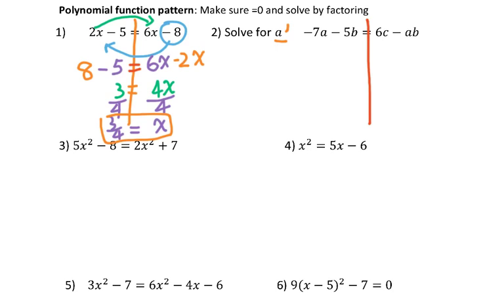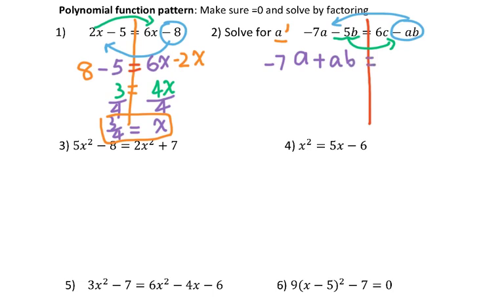So I want to move all the variable on the left side. So whenever you have A for that term, you need to move to the left side. So for negative AB, I move to the left side. Then for any term without A, you need to move to the right side. So I need to move negative 5B to the right side. Therefore, you will get that negative 7A plus AB